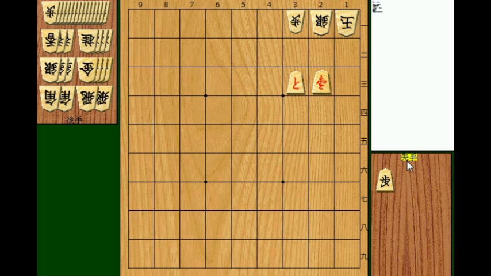And then you drop the last pawn. Right, you needed all those 4 pawns to mate this king. Unbelievable. Now silver will take it